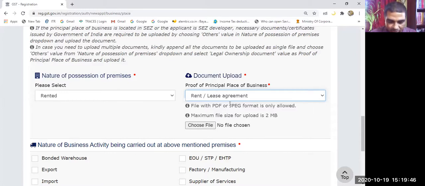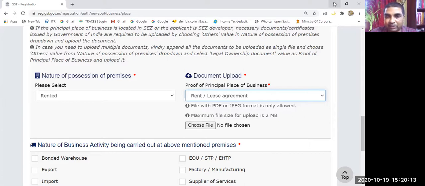Okay, you can Google it and find out how a rent agreement is to be drafted. Draft a rent agreement in a Word file, sign it, scan it, and convert it into a PDF file, then upload it. Only PDF and JPG files will be uploaded. Okay, you can do it. Yes, sir, you are doing it for learning purposes, but in a real-life case, you have to attach the actual rent agreement. Okay.